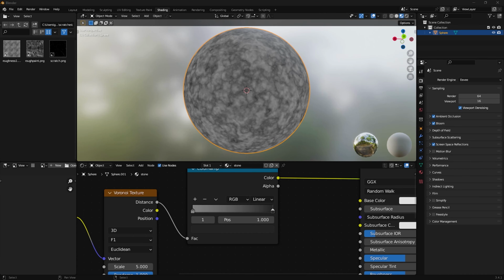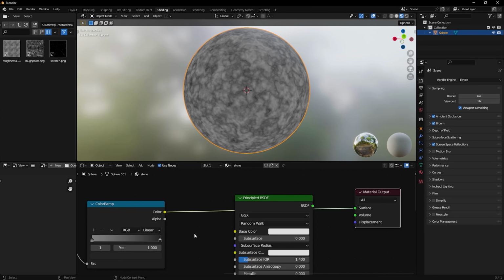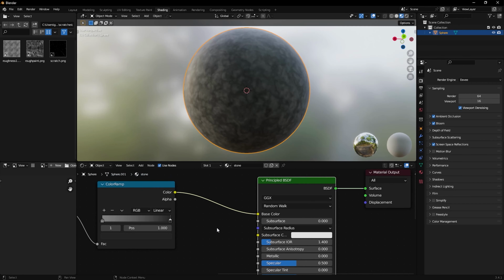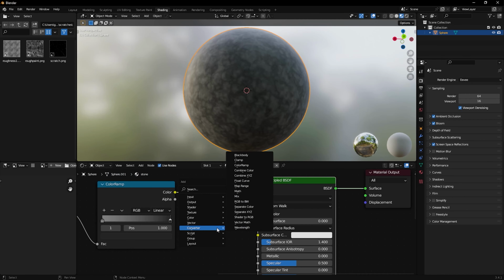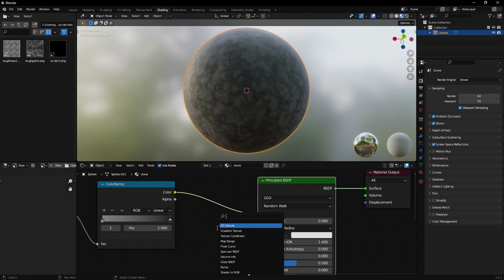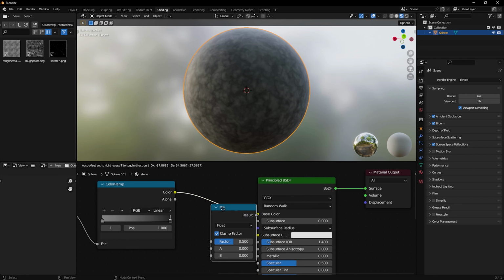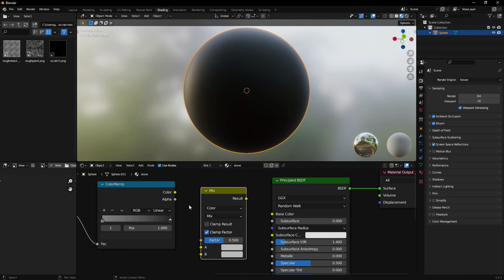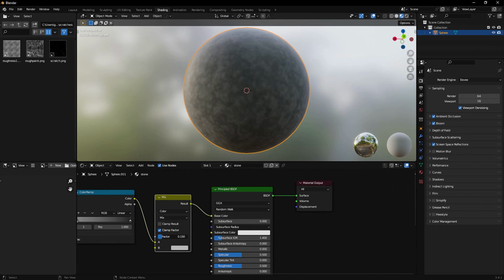So right now what we're gonna add is a mix node. With this new version we don't have a separate mix node, we have something different that is basically everything together. So if we search for mix, we only have this Mix, and then we can change here from float to color, and now we have a Mix RGB. That's what we will use for this color ramp. So basically now let's just plug this color ramp over here and this Mix RGB to the base color. Change the factor to something like 0.3, and now